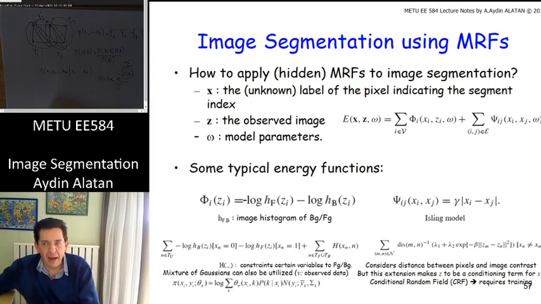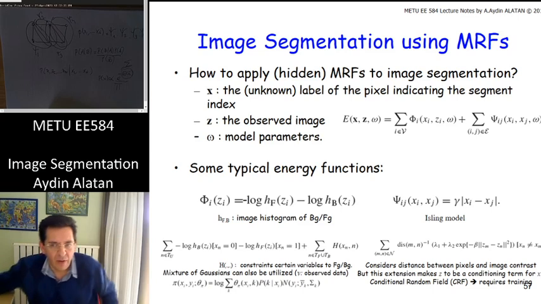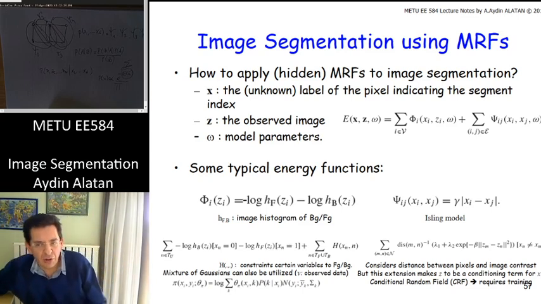You simply make it binary. If they are equal to each other, 0 cost. If they are different, gamma cost. Now let's look at here. I observed, this is due to this part. This is due to this part. I observed xi. Xi is apple. Apple has a histogram. The other one is also a histogram. And based on that, what I'm doing is I am just writing the corresponding histograms in this way,